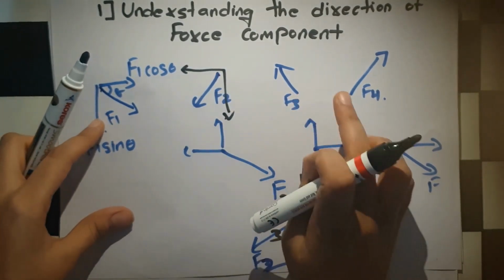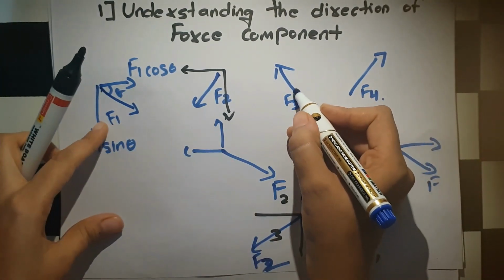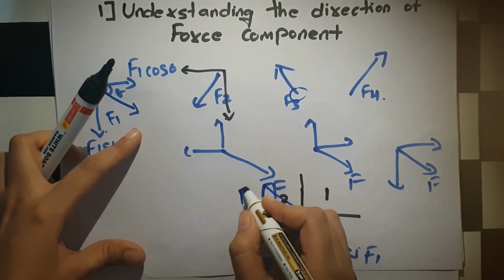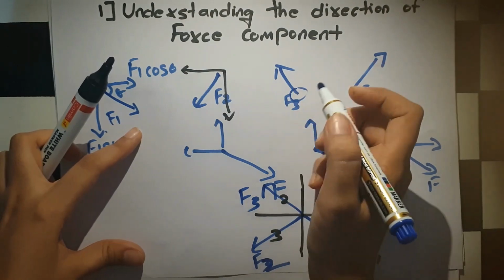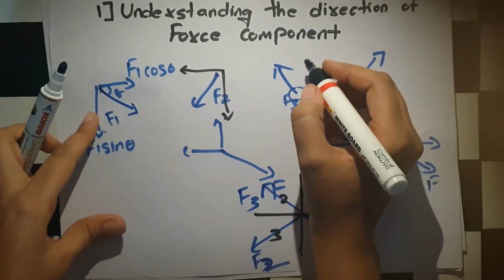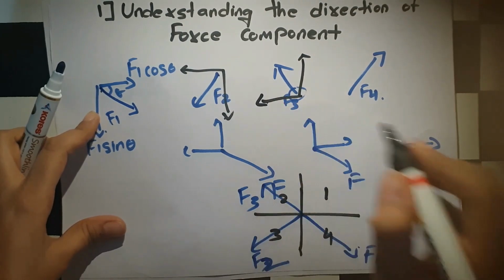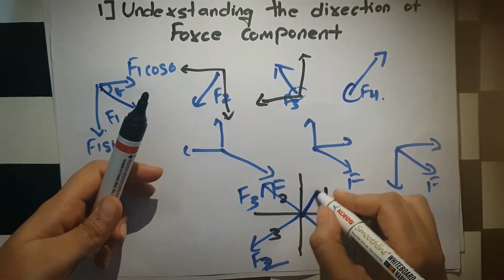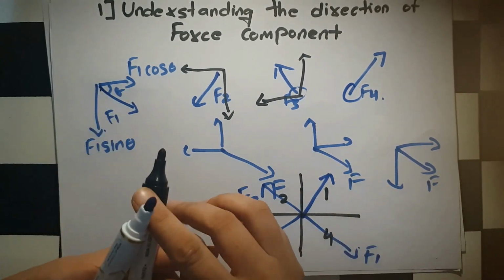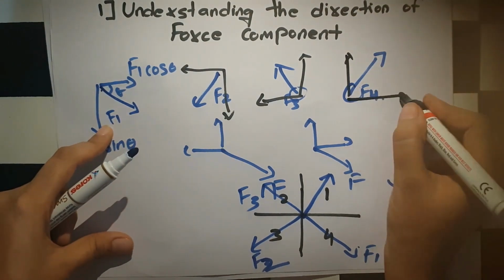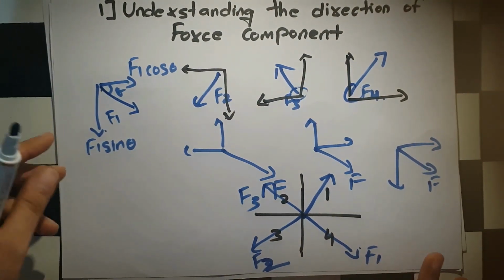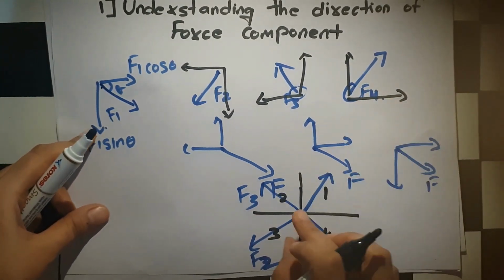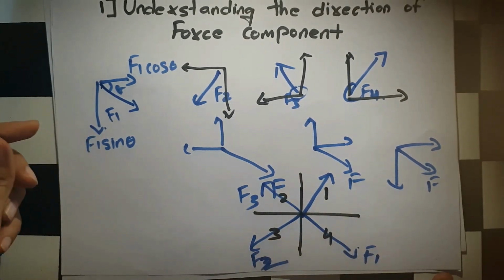Similarly, if we take F3, take the origin of this force F3 and place it on the origin of the quadrant. So your F3 will be here. Correct? So these two will be the components of this F3. Again, for F4, just place this origin of the force at the origin of the quadrant and you have the components in that quadrant. So it is actually very easy, but in case you are in any doubt, just draw the quadrant and place the origin of the force at the origin of the quadrant and you will know the component's direction.